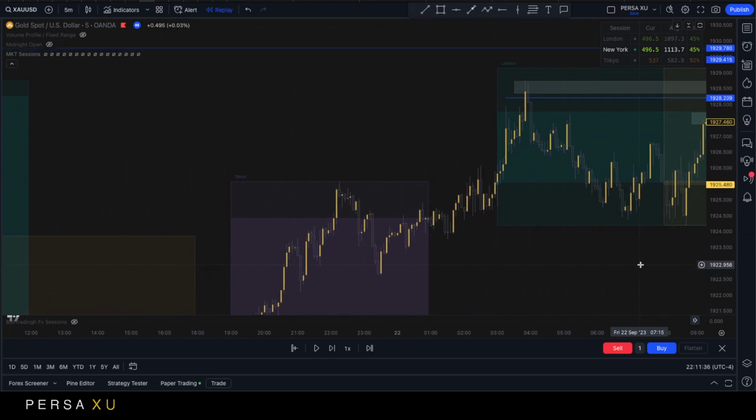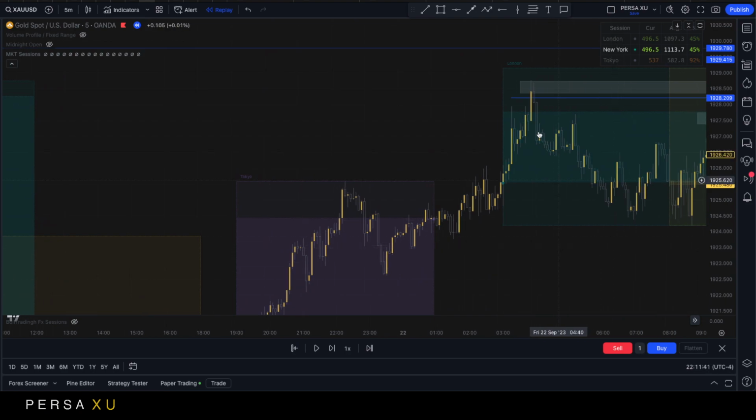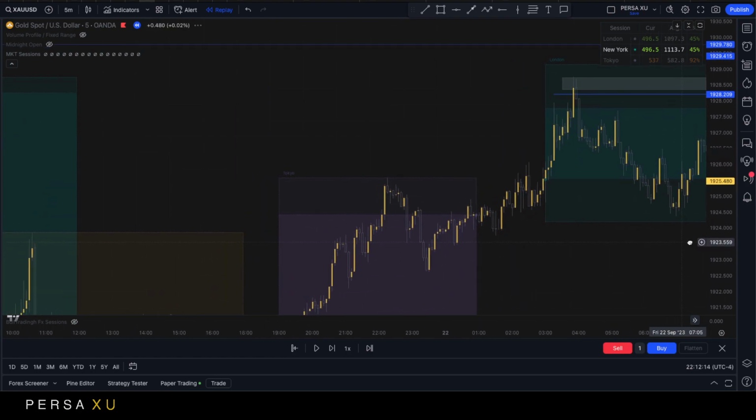So where am I going with this? Well, in the future, whenever you see any session's range, you want to wait and study the next session's opening, where it opens in relation to the previous session's range, because it's very likely that the new opening session will want to retest an interesting point of the previous session's range. I hope I made myself clear. I will say it again.